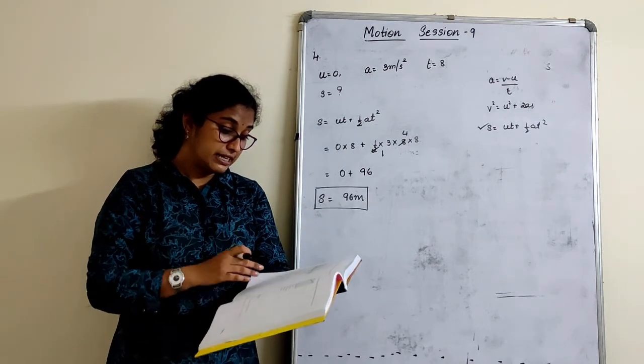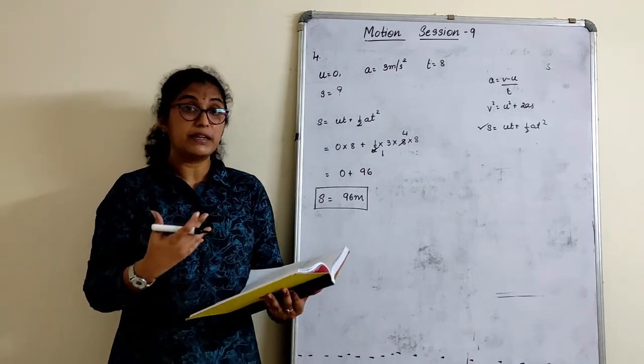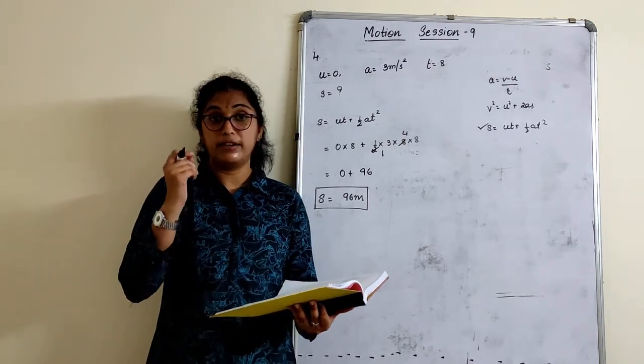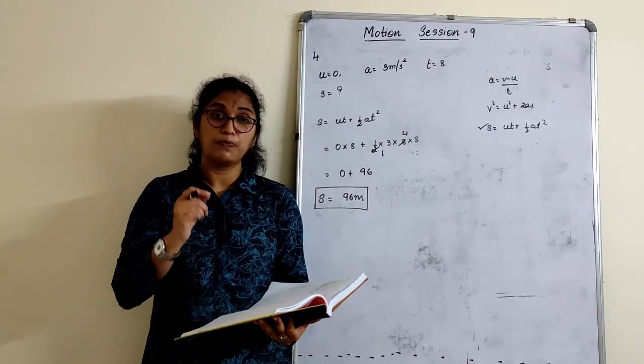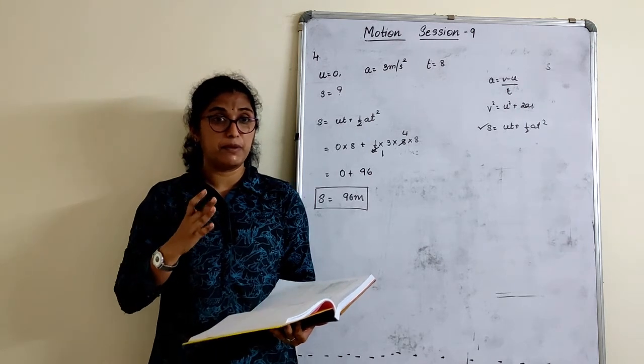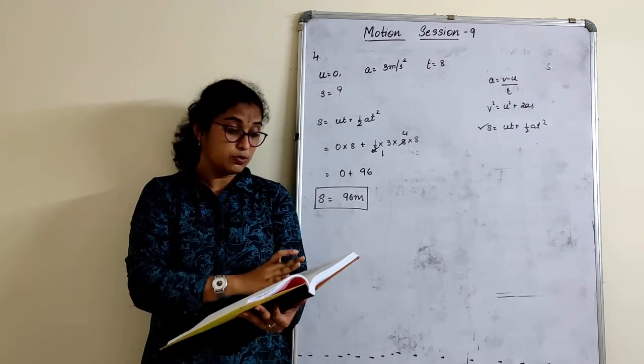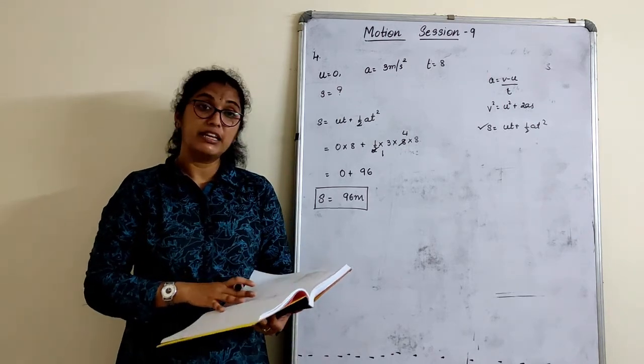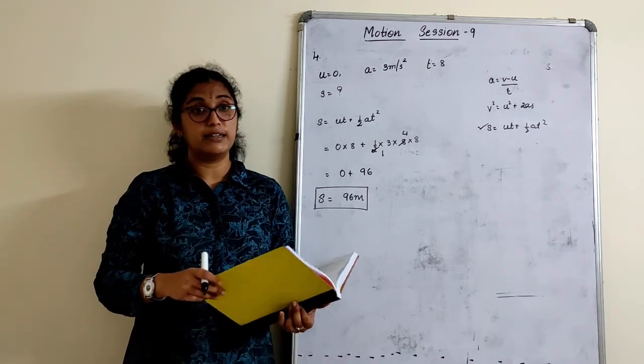Now the next set of sums are numericals, but they are based on the graphical part. So you all have a graph book anyway. What you can do is tear one paper from the graph, and whatever sum we do on the graphical base, stick that graph page in the book. So this graphical part and the remaining sums we will be doing in the next session.